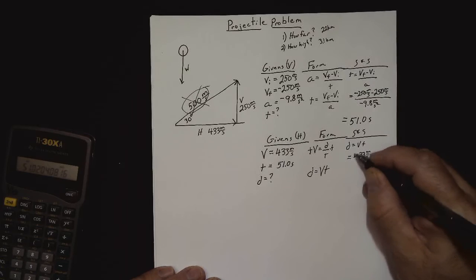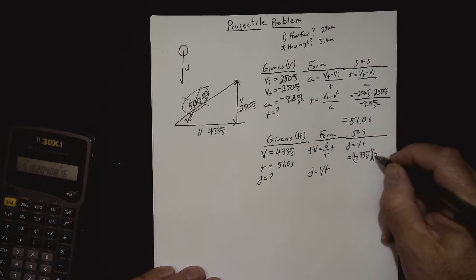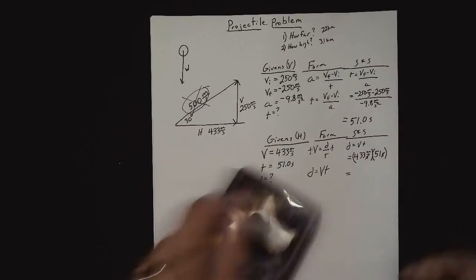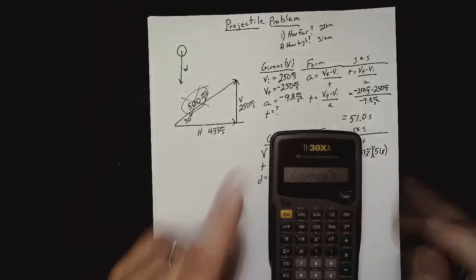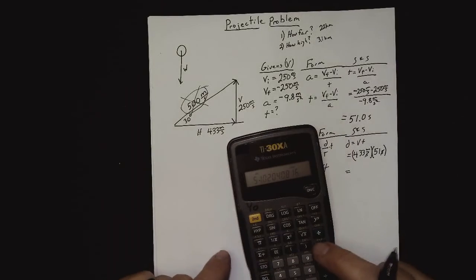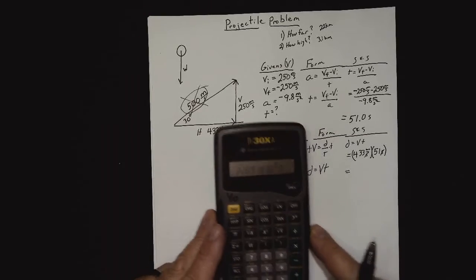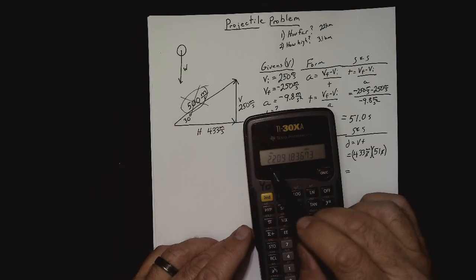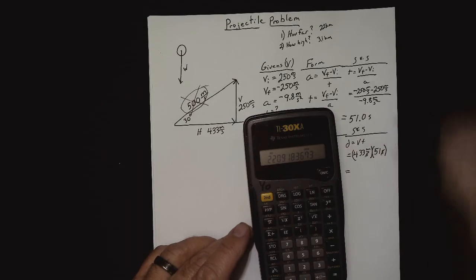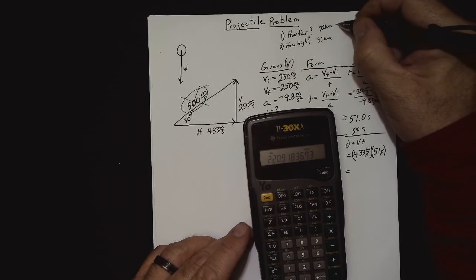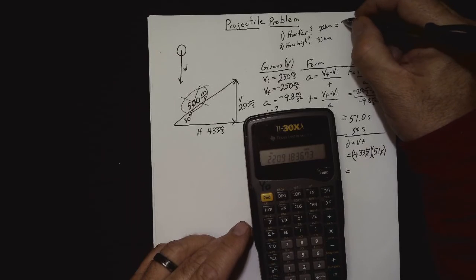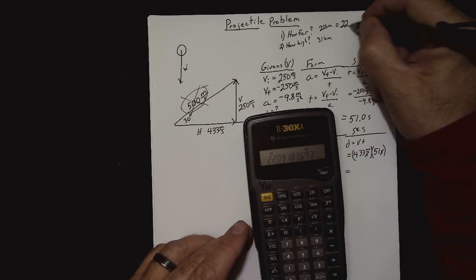433 meters per second times 51 seconds. Those seconds cancel out nicely. And I'm using the whole number, not just the 51, times 433. And that equals 22,091, which is right in line with what we were thinking. So what can I say about that? I can say 22.1